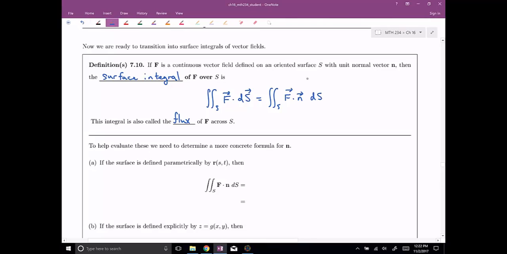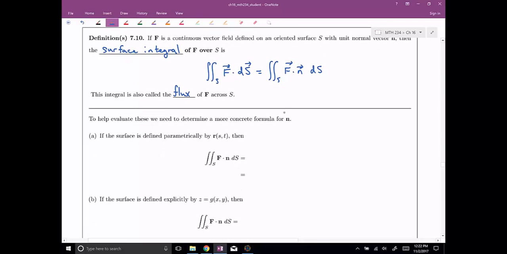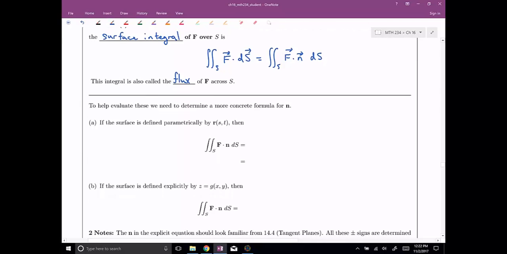Okay, so finally, in order to help calculate this out, it really helps to have a more concrete formula for our unit normal vector. So if our surface is given to us parametrically, then we can rewrite this as the surface integral of f dot, and now we can express n as this cross product between the tangent vectors. So I'm going to do r sub s cross r sub t, and now this may not be a unit normal vector, so I'm going to divide through by the magnitude of r sub s cross r sub t,